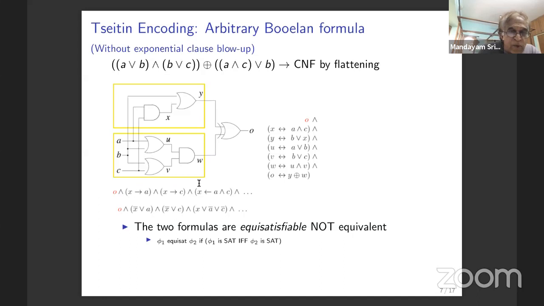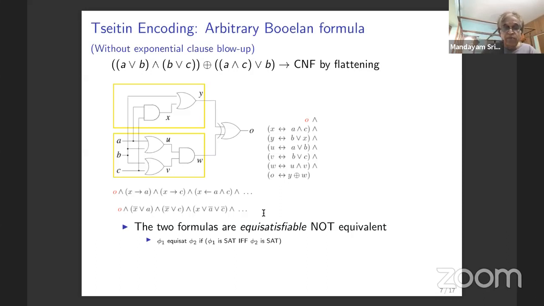So this way, there's an implication: X implies A and X implies C, and then for the output, A and C. Of course, you will have to have a CNF representation for every Boolean operator that occurs in the formula, and that's the idea. The CNF for each of the operators might have to be repeated several times in the formula, but you're not applying